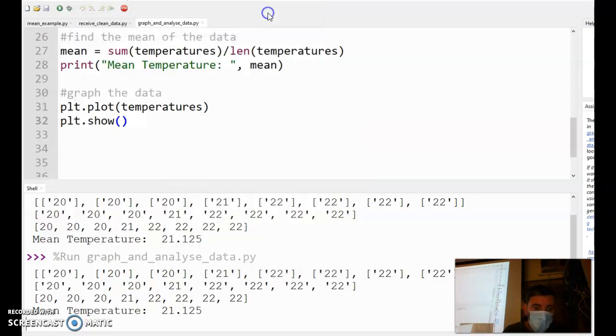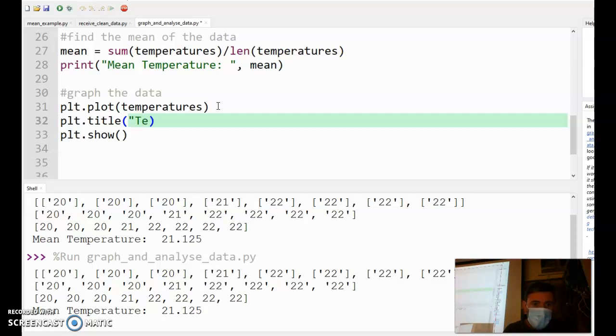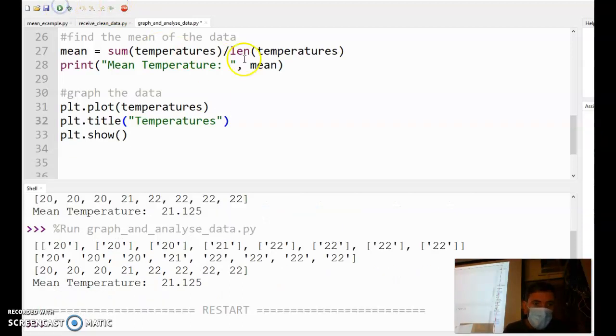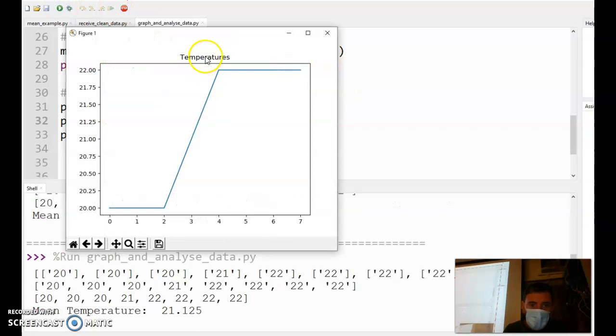Even before I go that far, I'll actually come back to that in a minute. So I want to fix up some of the labels here. To do that, I'll just have a quick look at my stuff. I'm going to give it a title first of all, and the title I'm going to call it is temperatures. These are just little things you can add on to make your graph look a little bit better. If I run that now, you'll see that it's going to have temperatures on the top of the graph,